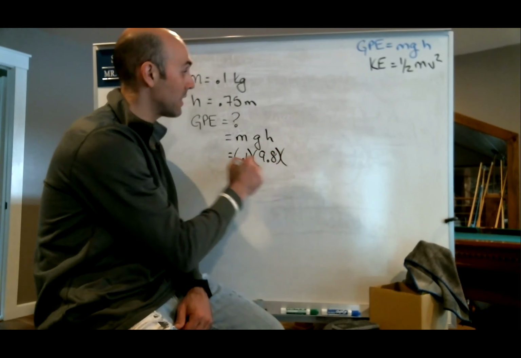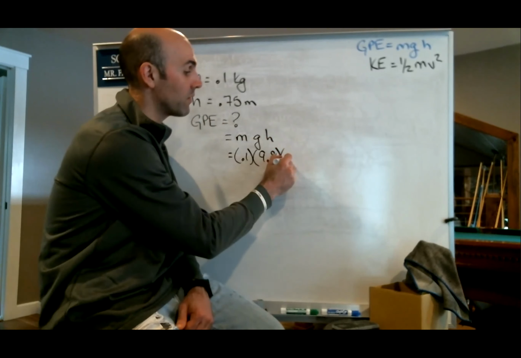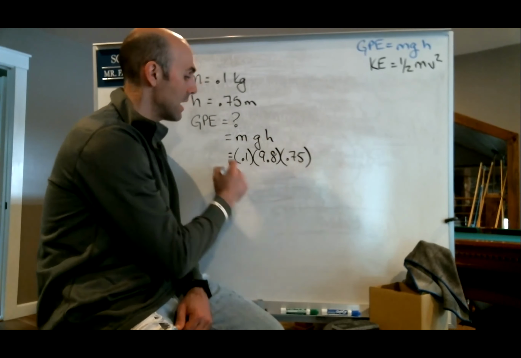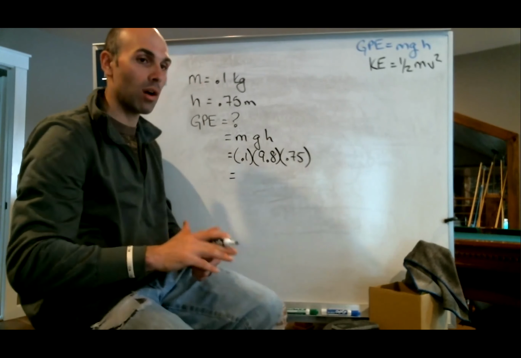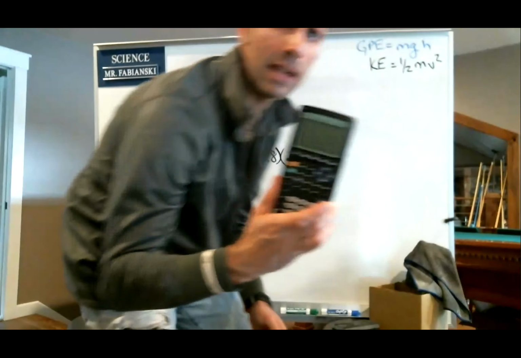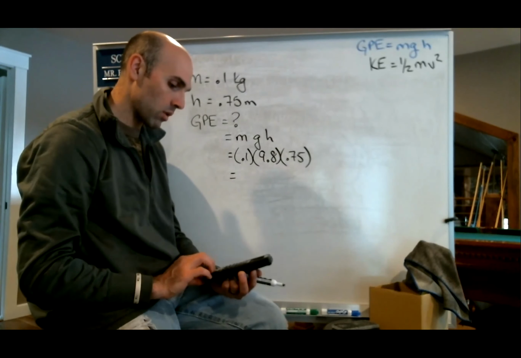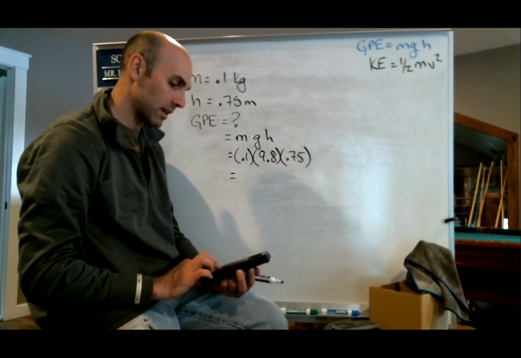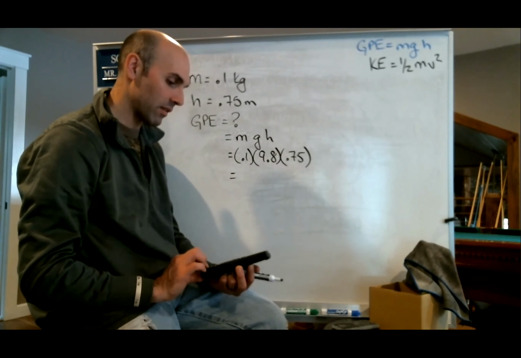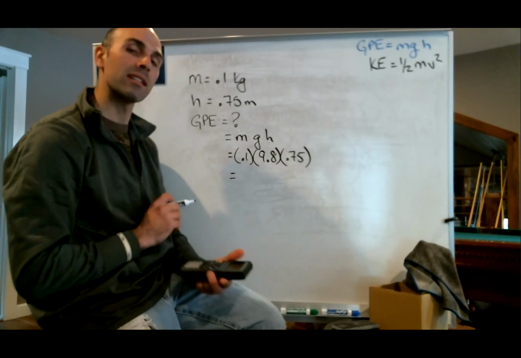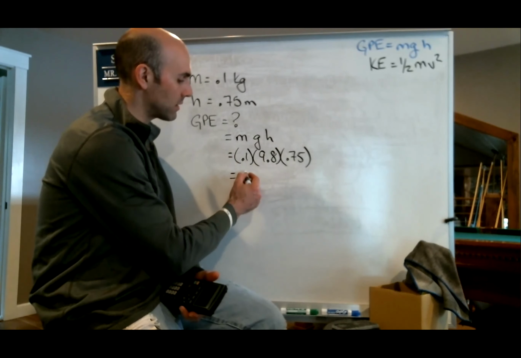And the height in this case was 0.75. And we're just going to multiply these all together. I got to get my handy dandy calculator. We multiply these all together, 0.1 times 9.8 times 0.75, and we get 0.735,